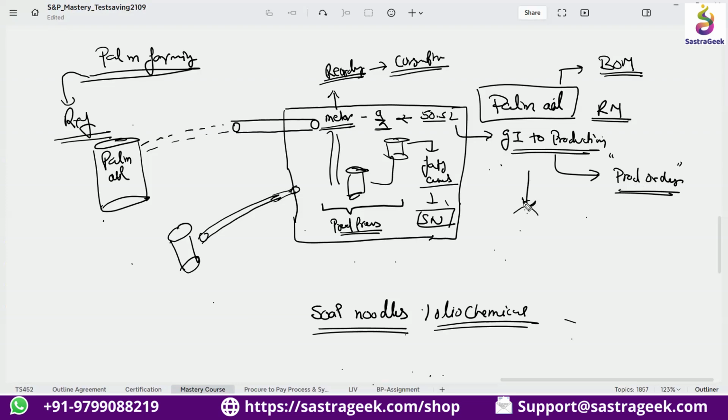Then we'll have an invoice settlement transaction to create the invoices. This process can be further simplified, where we can have an agreement with the vendor that we don't need a physical invoice also.